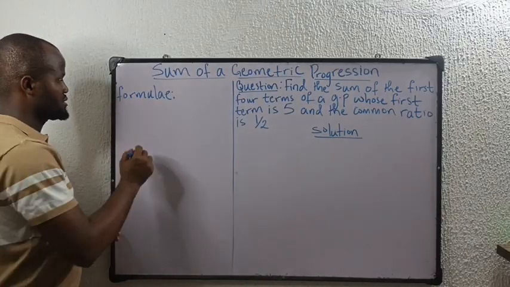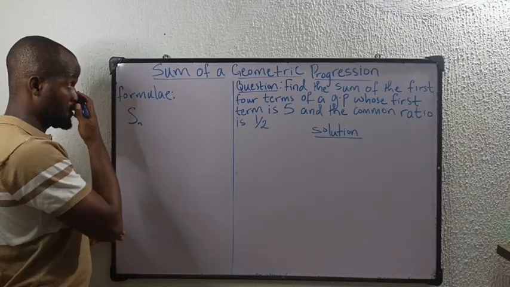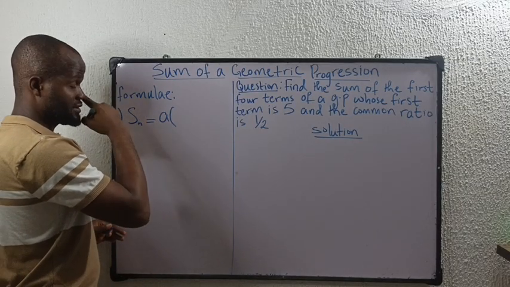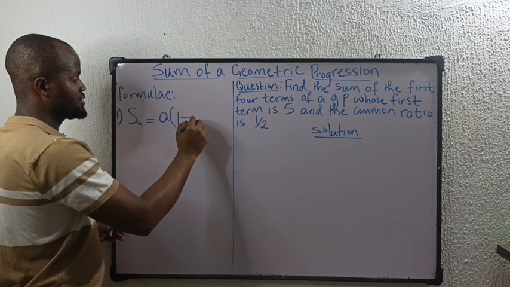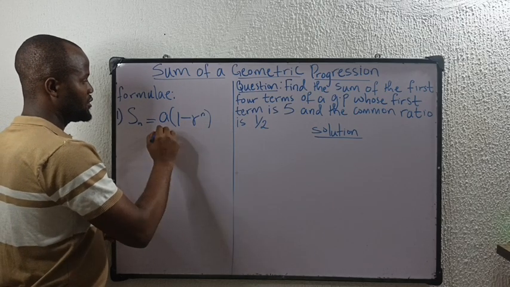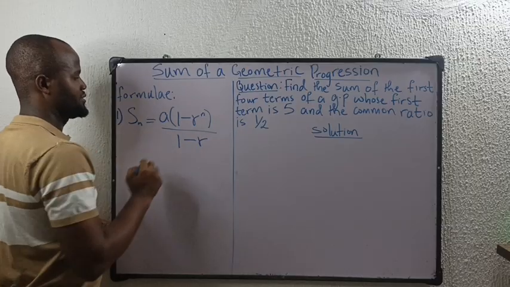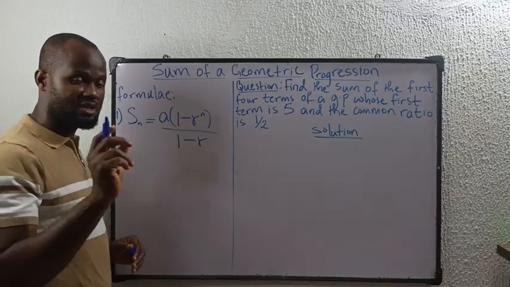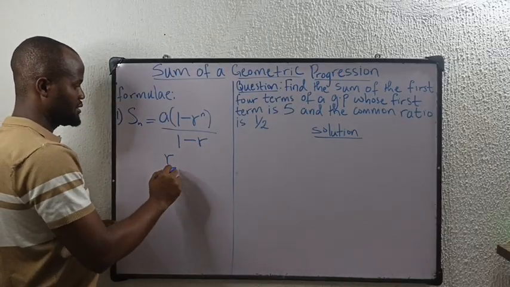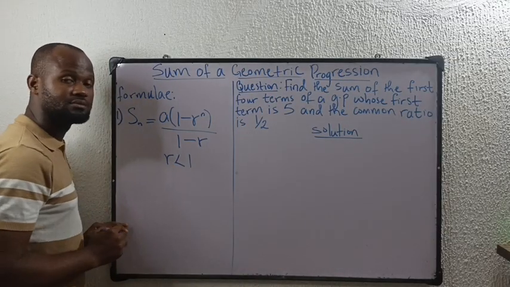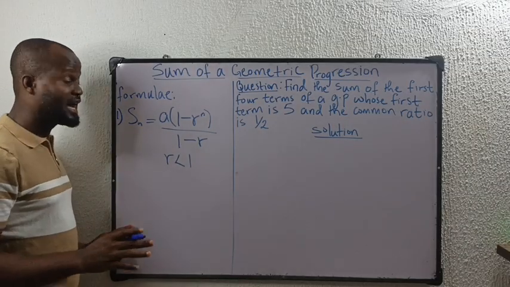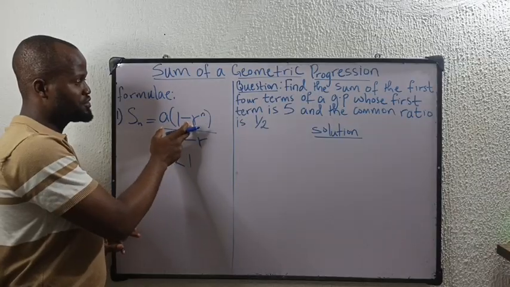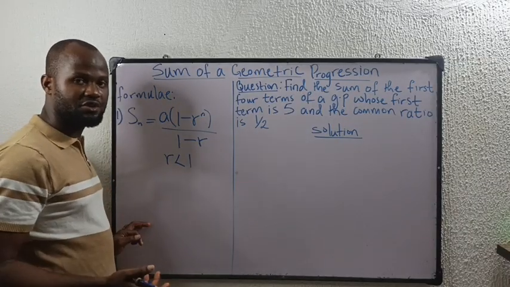Now the first one is the sum Sn equals a open parenthesis 1 minus r raised to the power of n all divided by 1 minus r. Now, you're going to use this formula under the condition that r is less than 1. That's the condition that you use the formula. As usual, your a represents your first term, your r is your common ratio, and the n represents the number of terms for which you are